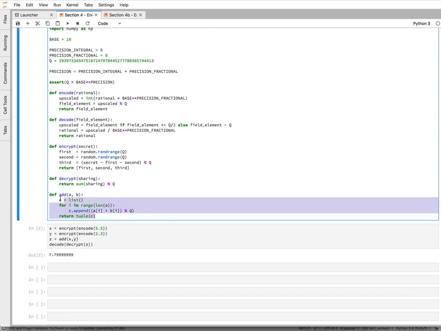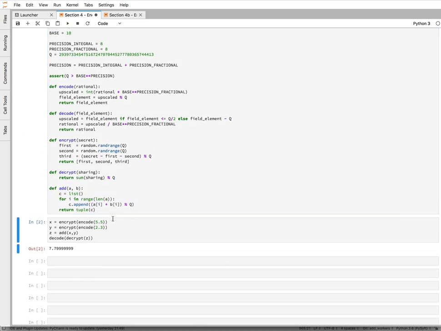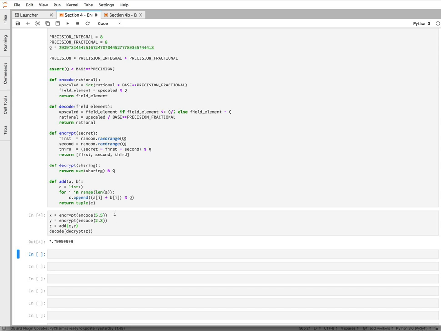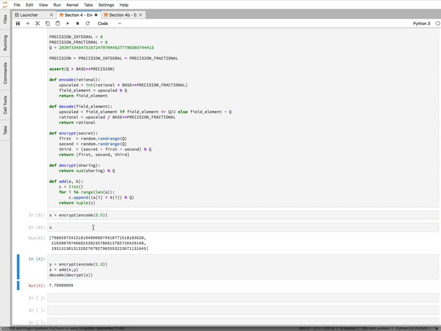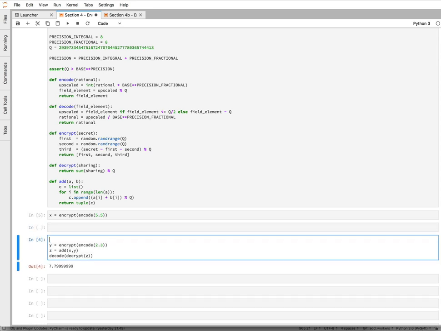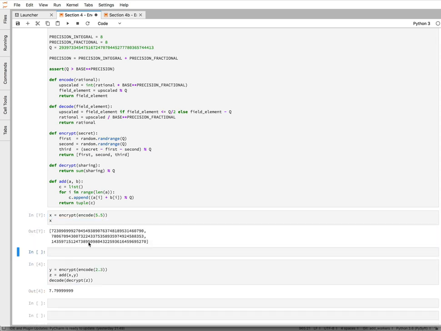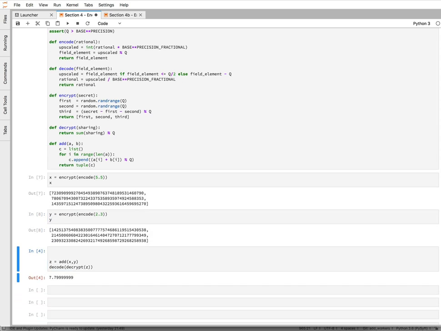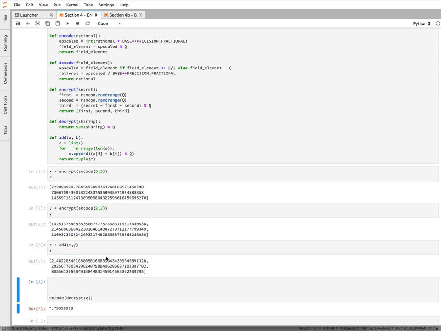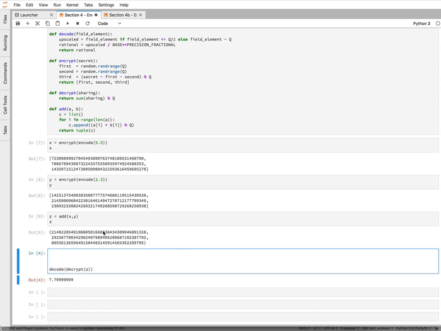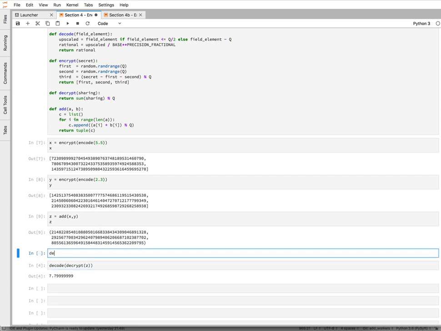And then, of course, this is the addition logic that we saw before. If you remember from before, we can do this all together. So I should break this apart so you can see. We have X, which is 3 super large shares. We have Y, which looks quite similar. And if we add them together, we get several large shares. Again, this is addition modulus a large prime. And then we can decrypt